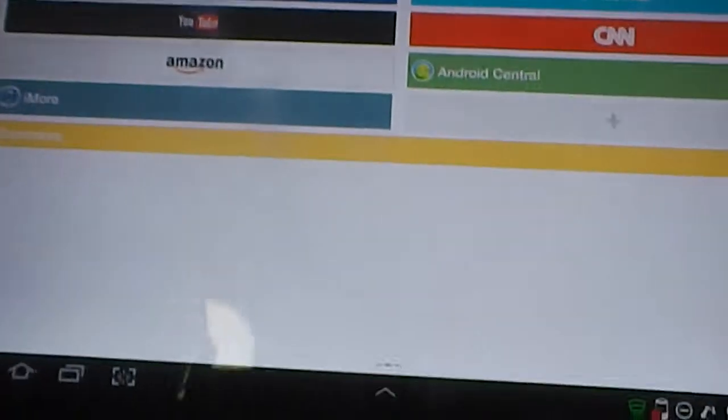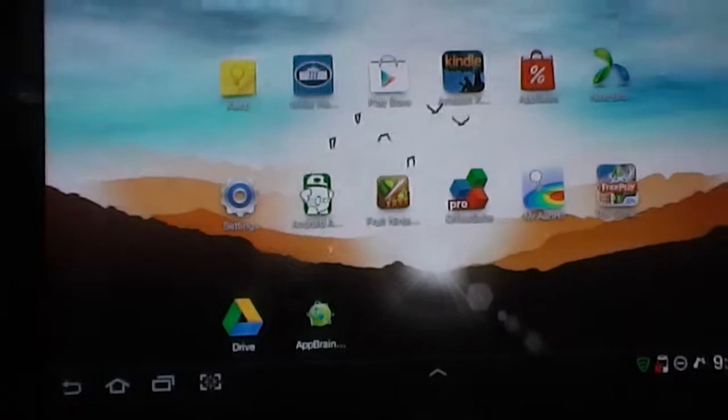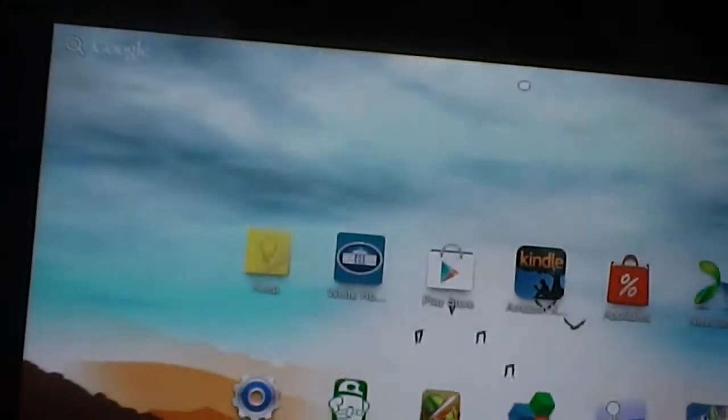So anyway, this is Nick's browser. It's a great browser. I think you guys should all really try it out. It's free, like I said, on the Play Store, and if you want,